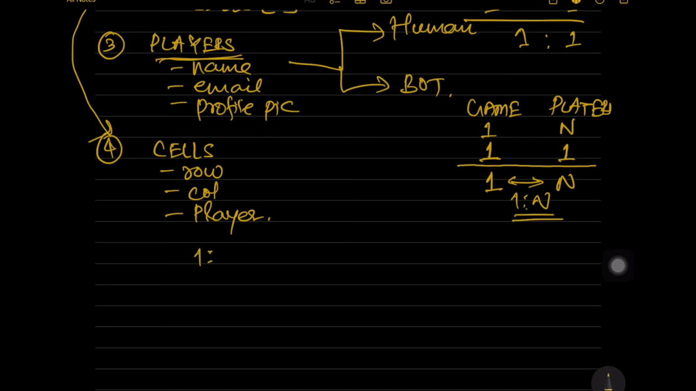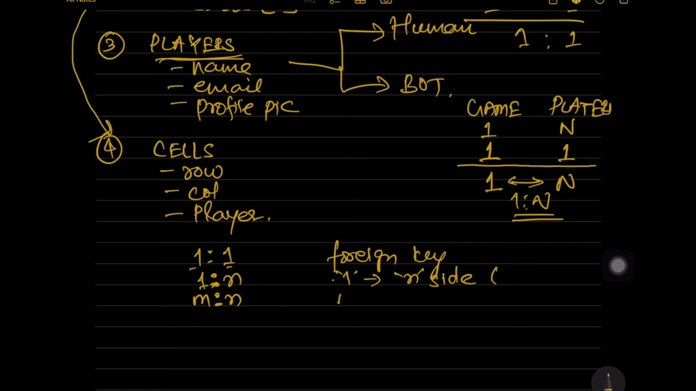When it's a 1:1 relationship, you can put the information of one in the other, and it can come as a foreign key. When it's a 1:n relationship, the information of the one comes on the n side in the DB. Okay, and similarly if it's many to many, so if it is m:n, then we have a mapping table